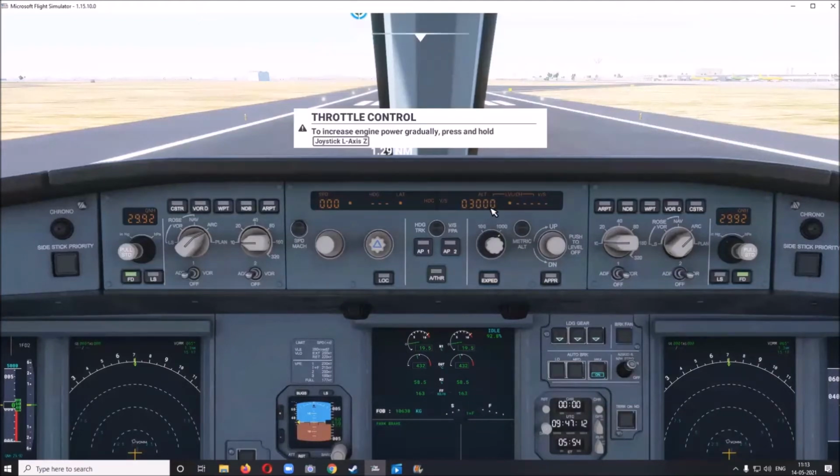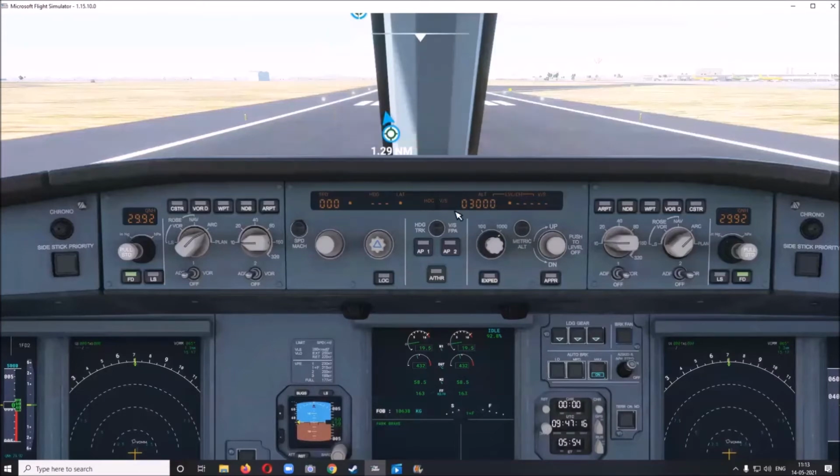What you see here is the altitude window. This is in 1000 and in hundreds. This is the vertical speed control. We are now set for 1100 feet per minute positive climb.